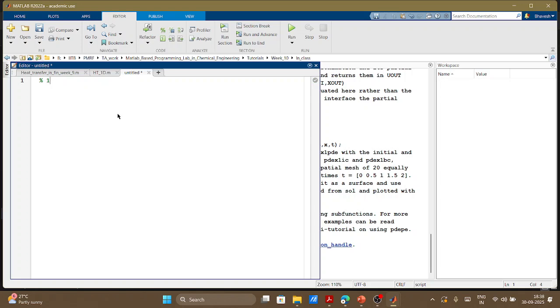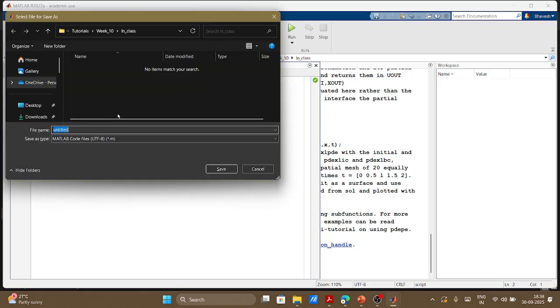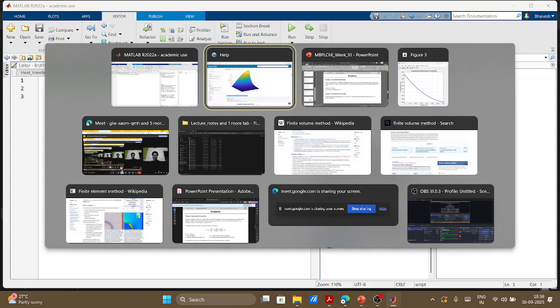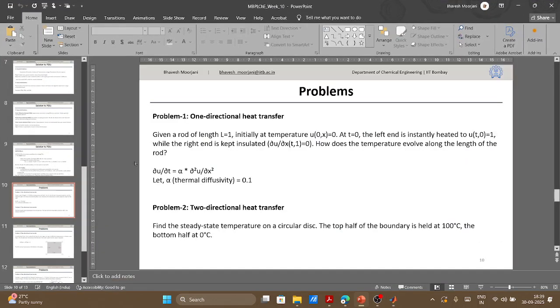This is a one directional heat transfer problem, okay? Heat transfer 1D. So here what has been given to us is the length of a rod, which is L equal to 1, the initial condition, the boundary condition and the diffusivity, right? So let me write first,